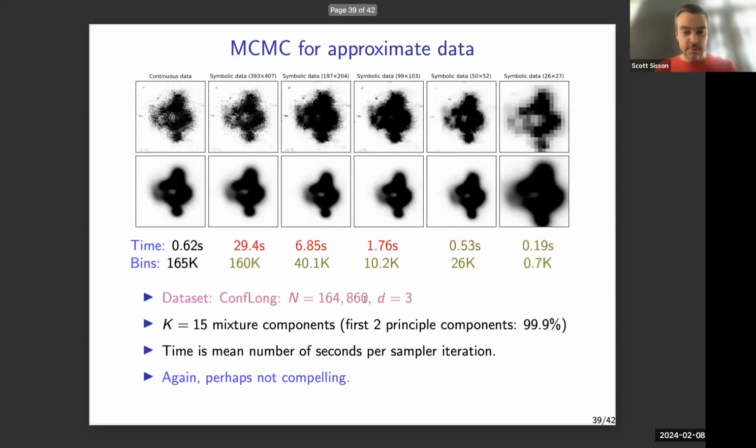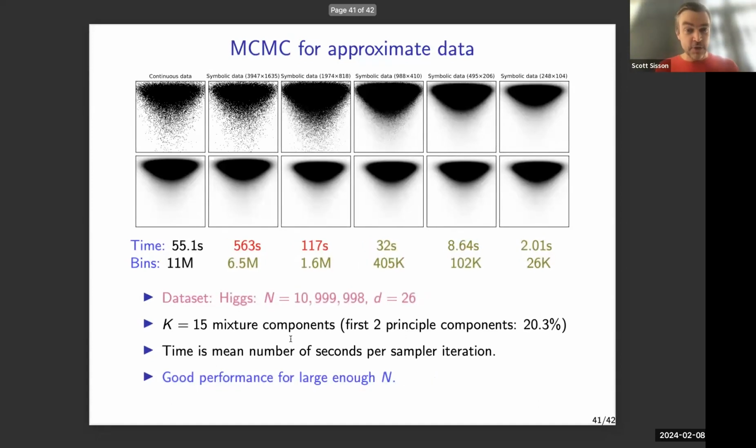If we go to models with larger numbers of data points, you can see that with more detailed discretizations, we're now starting to do better than the original sampler. And if we take the limit of this and look at the Higgs data set, this is 11 million observations, then the original sampler basically takes a minute to do one iteration, whereas depending on the discretization we want, and I acknowledge this is a simple representation of the posterior here, we can do it in 2 seconds if we go to the smallest resolution. Okay, so I've given you the same story 99 times. I hope you've got that point coming through.